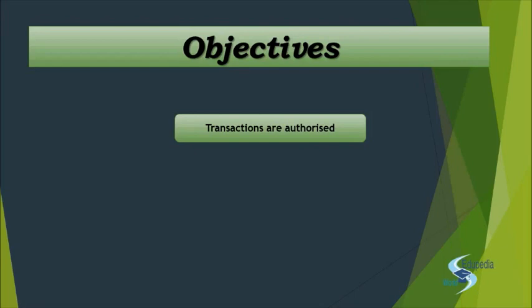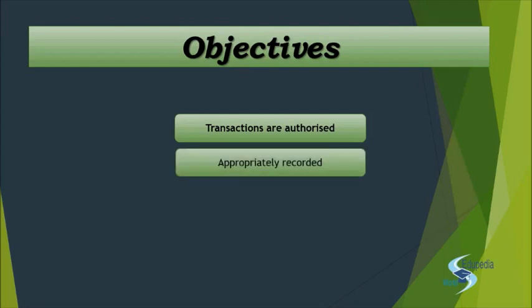The second objective of internal control is to have appropriate recording, right? So that means to record all the transactions appropriately. When we talk about recording the transactions appropriately, we mean appropriate account, appropriate amount, appropriate date, appropriate period, like we have seen in the cutoff procedures, which is the period to which it will pertain. We'll have to record it in that period, right? We'll have to record it as per the accounting policies that we have applied,